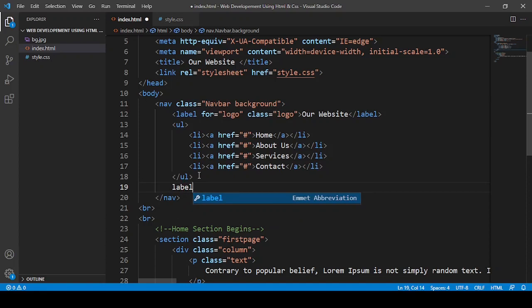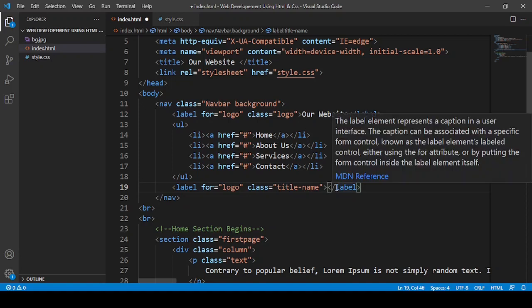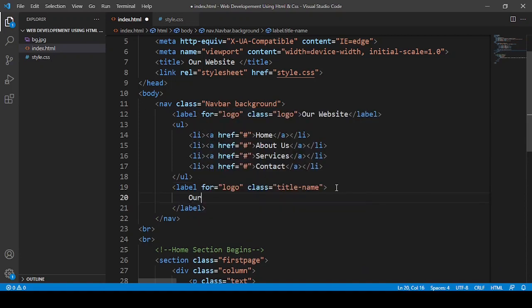I can make a label with the class brand, or I can say title, or logo also, but I'm going to say title name, and there I'm going to write